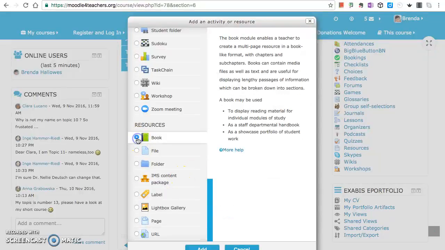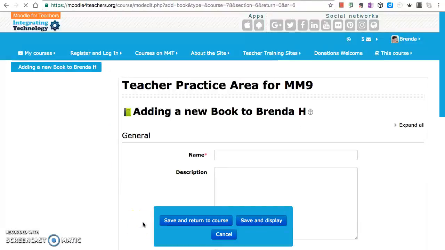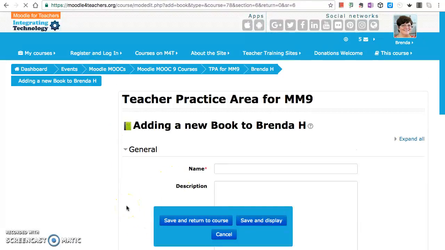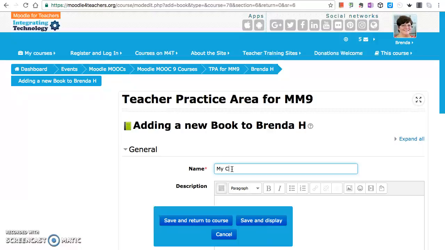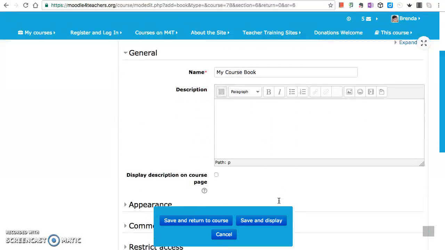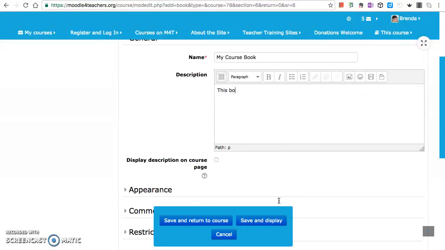Okay, so if I'm going to add a book, I think I'll go for the page. Oh, okay, so if you click on book, you would give it a name. My course book. And then I can go down to the editor and I can say, this book is a valuable resource for your learning. And I might insert, let's see,